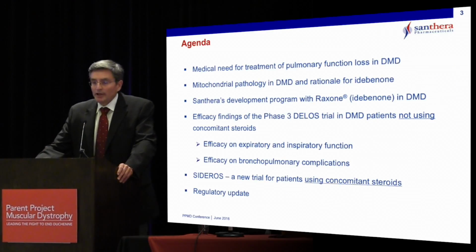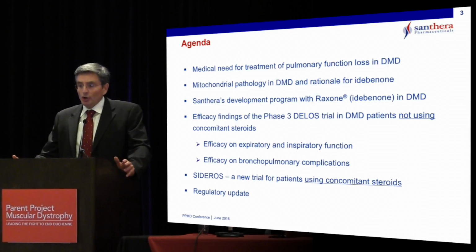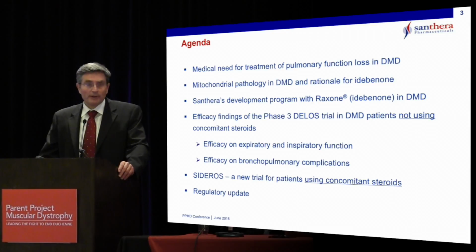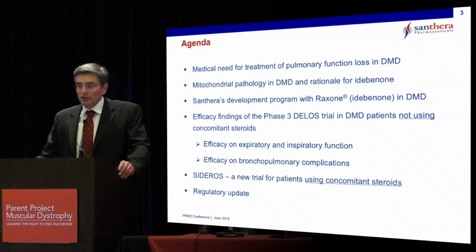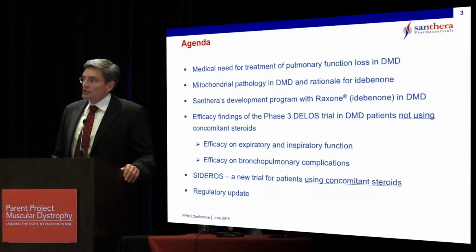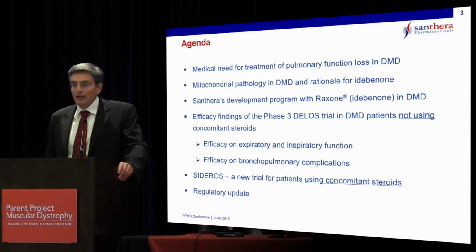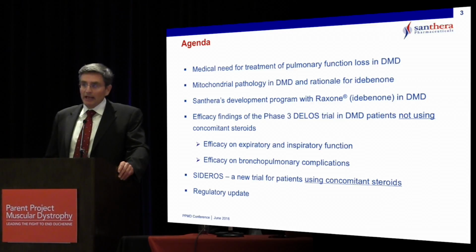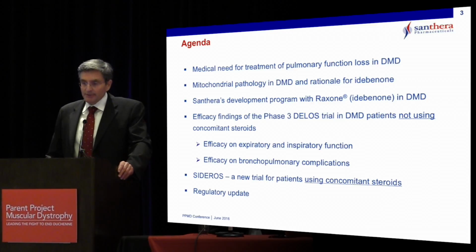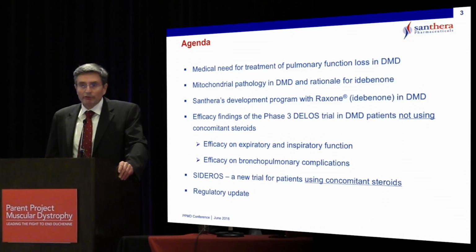So what I'd like to do now is, first of all, explain very briefly the medical need for the treatment of pulmonary function loss in patients with Duchenne muscular dystrophy. Then I will briefly touch on the mitochondrial pathology involved in Duchenne muscular dystrophy and the rationale to use this molecule idebenone as a potential treatment. I will then give you a brief overview of our comprehensive development program that we have conducted in the past 10 years. And I will dive into a little more detail in the outcome of a phase 3 trial